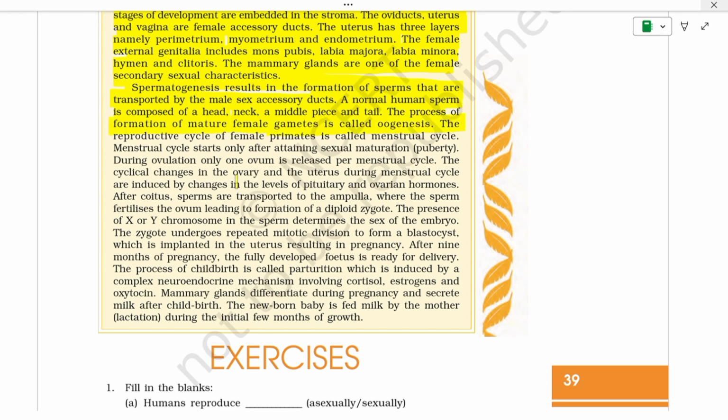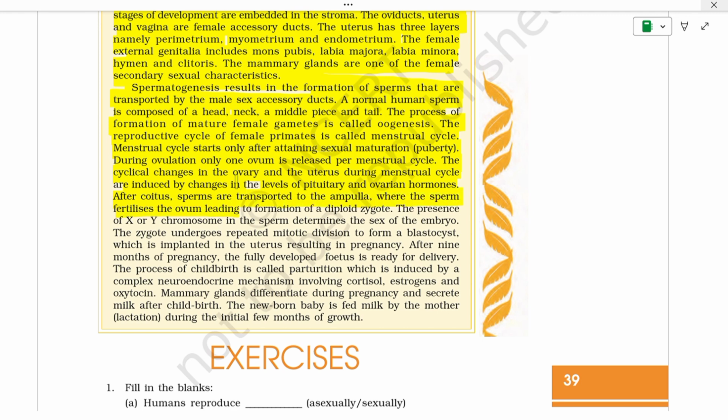The process of formation of mature female gametes is called oogenesis. The reproductive cycle of female primates is called the menstrual cycle. The menstrual cycle starts only after attaining sexual maturation, puberty. During ovulation, only one ovum is released per menstrual cycle. The cyclical changes in the ovary and the uterus during the menstrual cycle are induced by changes in the levels of pituitary and ovarian hormones. After coitus,